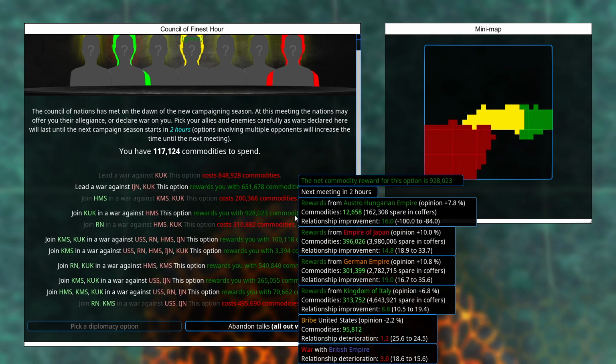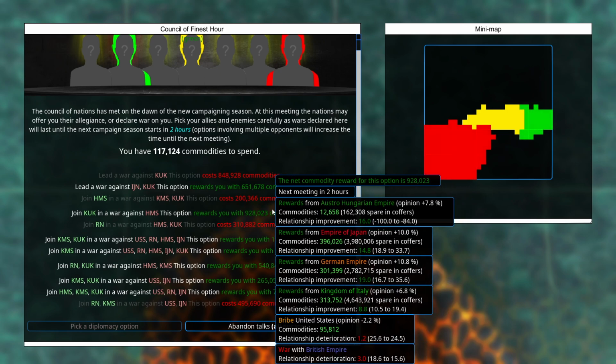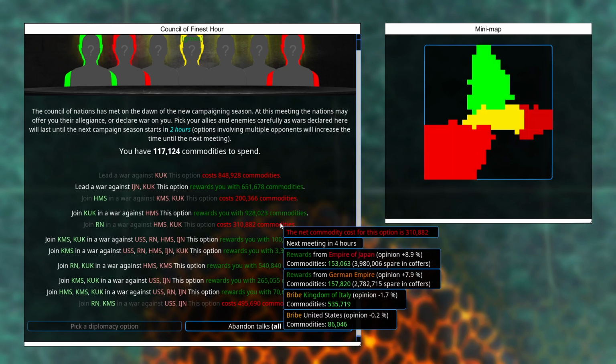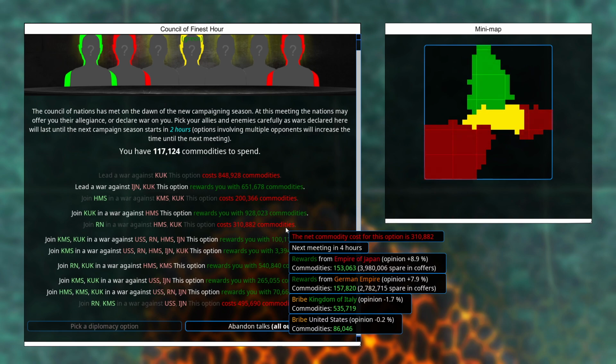We can give the Austro-Hungarians a big old break for almost 1 million, which is a lot of commodities, but then we have to turn on Great Britain, who also, as far as I'm aware, have pretty good ships. It is the Royal Navy. They're not feeble. Assuming that is indeed the... Yeah, British Empire. We can join the Royal Navy, keep fighting against them, and also...